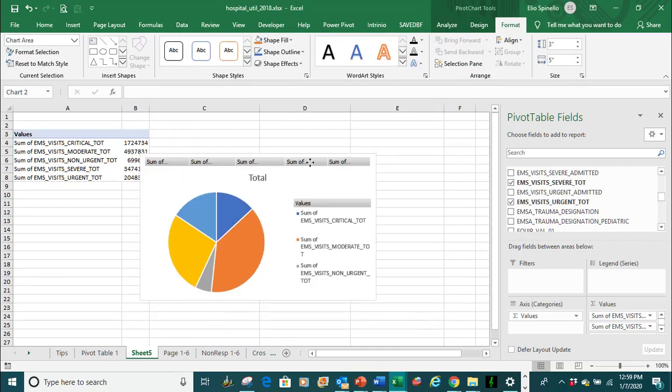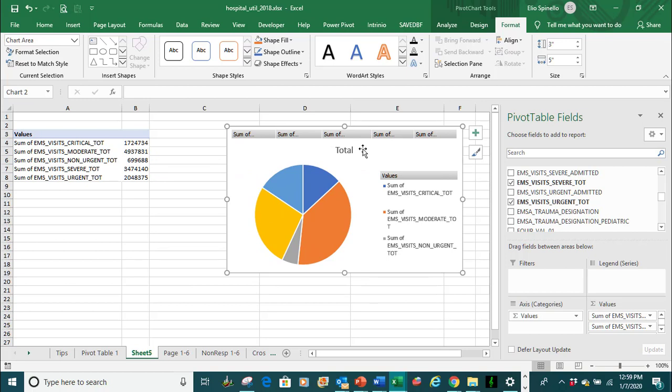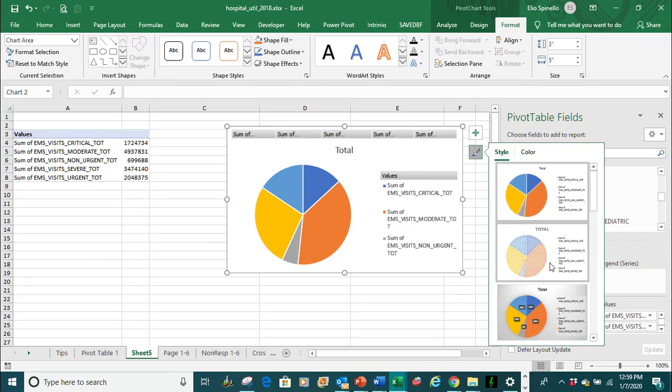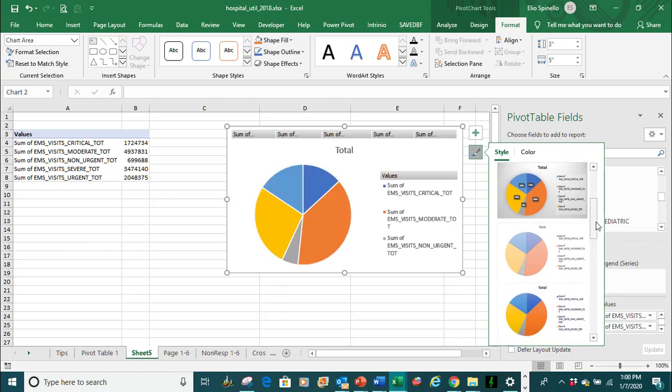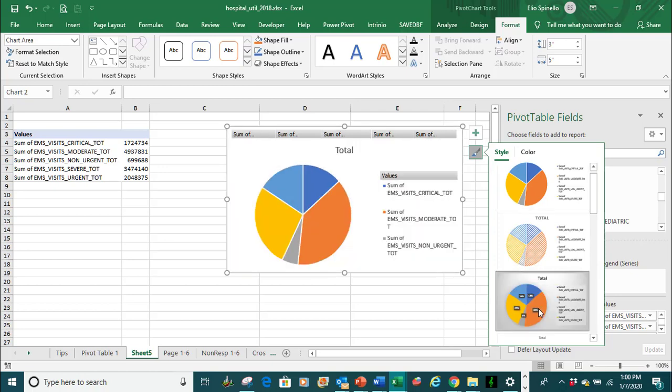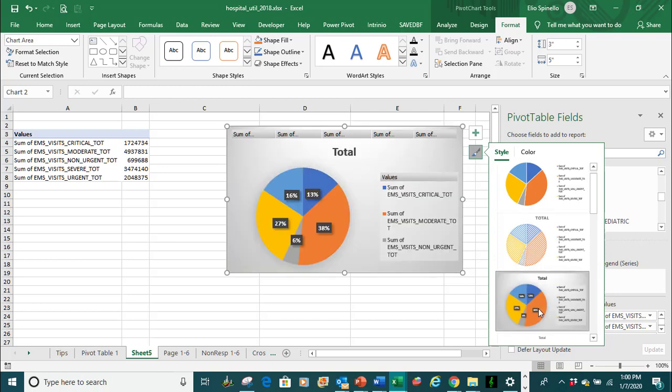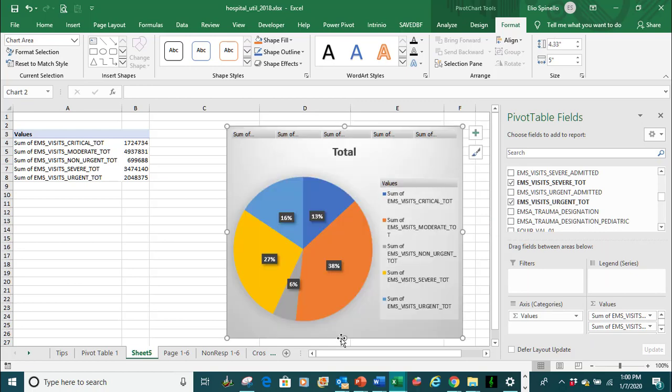Okay, our pie chart gets created for us. Now, to make this a little bit easier to understand, let's change the format of our chart. Now, you'll notice there's a little paintbrush tool here. If you hover over it, it says Chart Styles. Go ahead and click that. And here we have some predefined formats that we can choose from. Now, this third one down, I kind of like because it has percentages on it. If you want to see what it looks like, just click on it, and it will go ahead and apply that style. If we make this a little bit bigger to make the legend more visible,